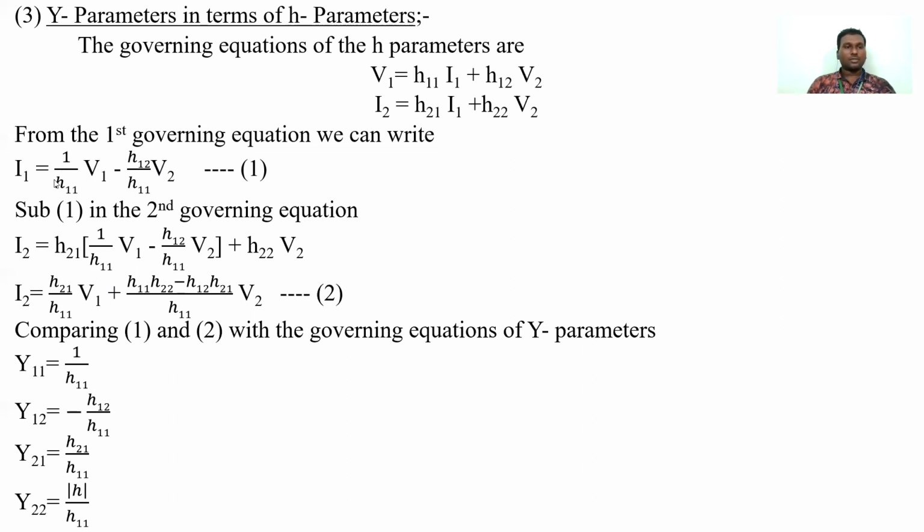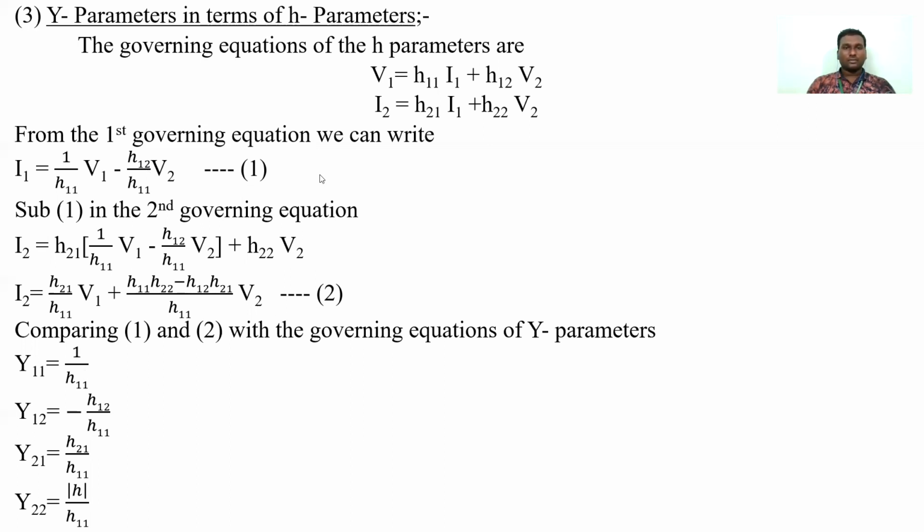In terms of what? All these are h parameters or no? So the denominator will be h11 for all these things, but the numerators will be changing. So you have to observe that. While solving, you'll get all these. Don't panic. These are very easy. While solving, you'll get it. But don't get confused with the numbers. These are the ports. These are very important values. If you make a mistake in writing this number, then it's gone. That is how you'll have these.